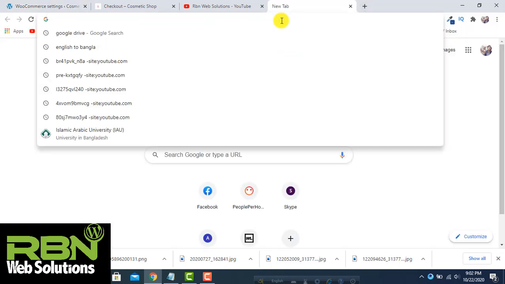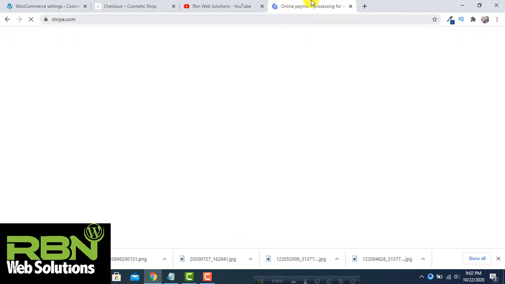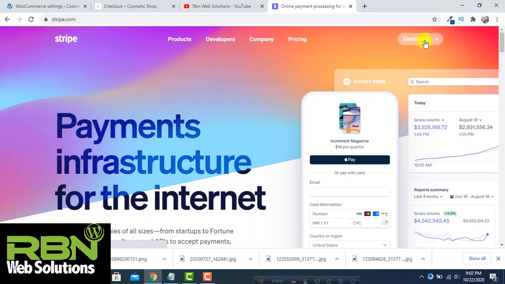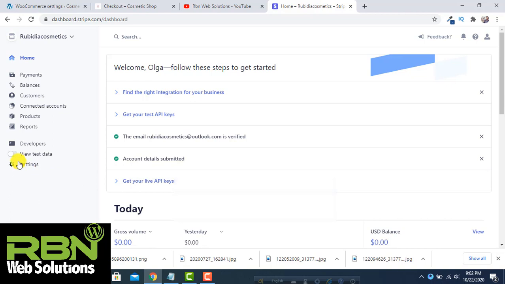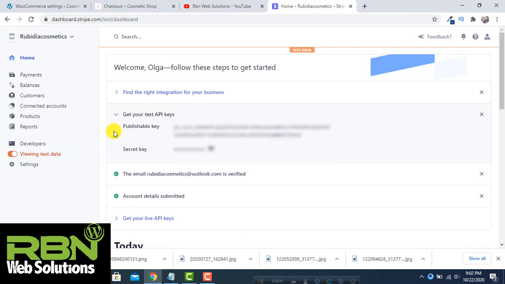You have to log in on Stripe. Then you have to sign in. I have already signed in, and now clicking on Dashboard, and from here make sure the View test data is on, and then you will see here the publishable key and secret key.